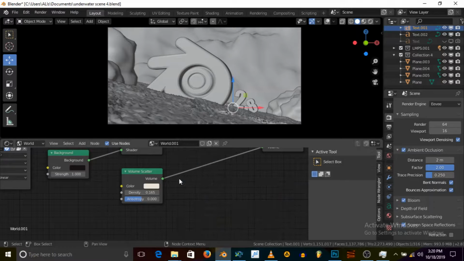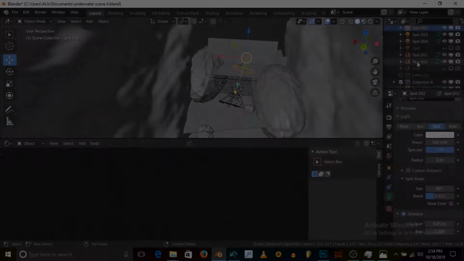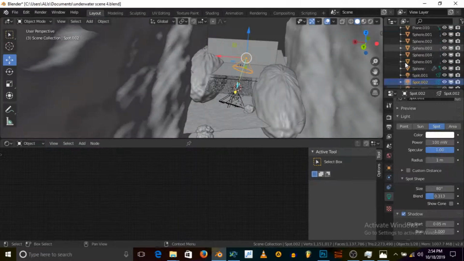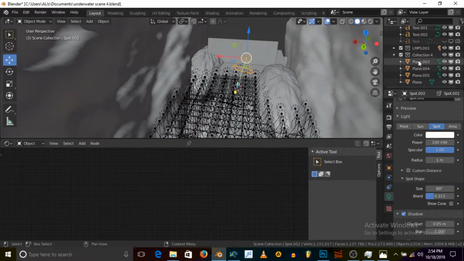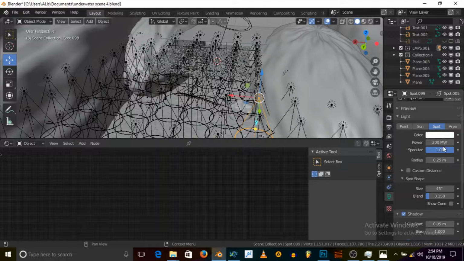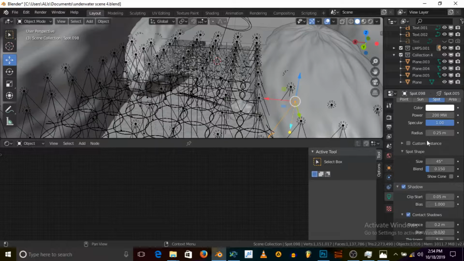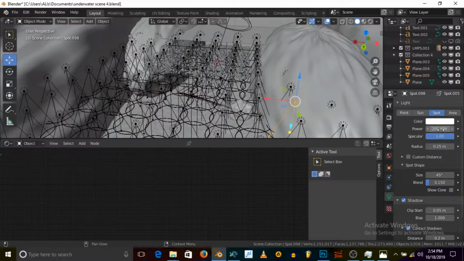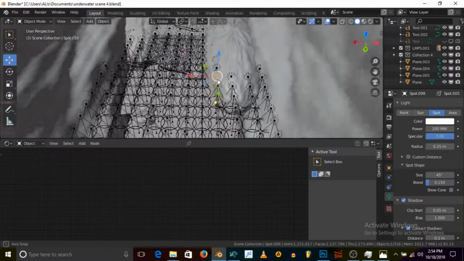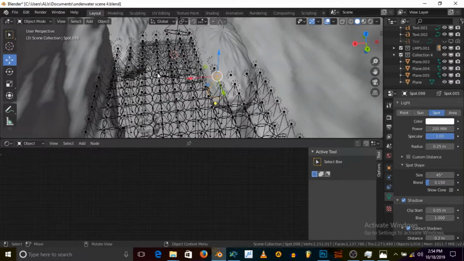Alright, so if you take a look at this lamp again, this one is having 200 MW as the power. So let's see. You can see all of the lights are having the same power, so meaning they are all having the same settings. Alright, so this is the second method, and it's very easy to set up,